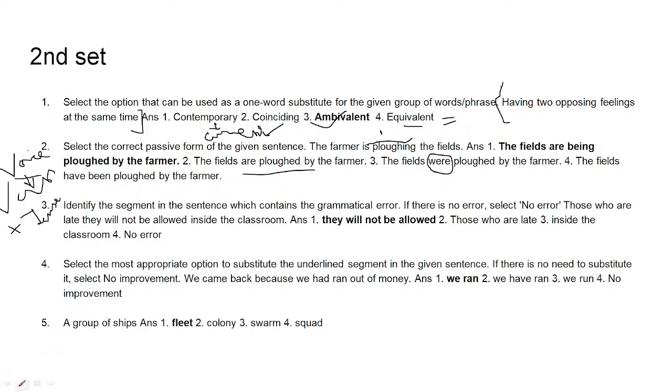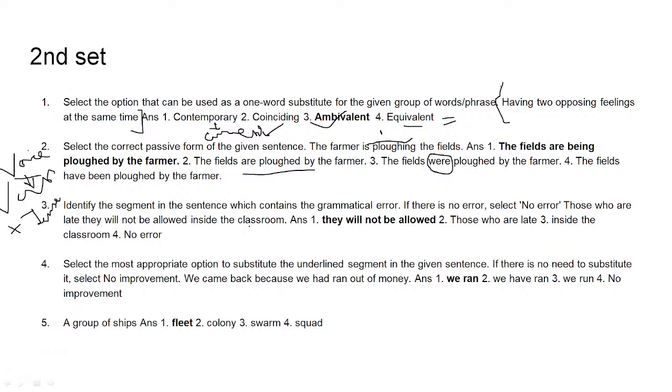Even more impossible, because this is a perfect sentence, right? Have been plowed, passive, perfect passive sentence. And we don't have a perfect tense in our active voice. I've said that whatever the tense will be, that exact tense has to be in the passive sentence. Their structure obviously has to differ because the active form and passive form are not the same for the verbs, right? So the farmer is plowing.